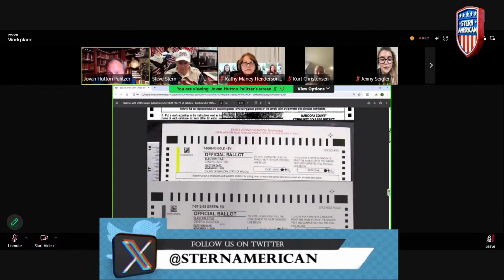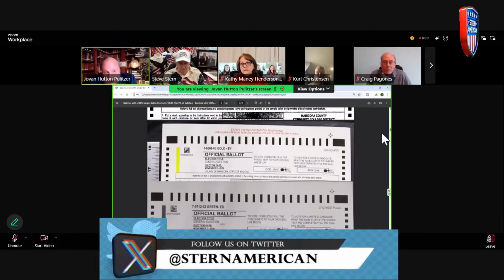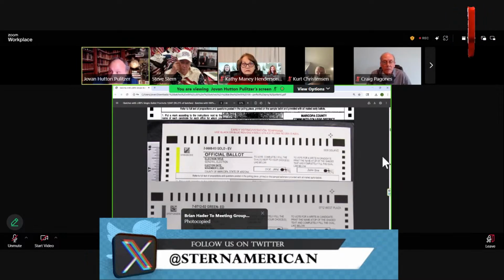Here's an example. Now, when you're looking at a ballot in color, you have more code. You see the red printing up there? That's a piece of code. You see that yellow bar on the left? That's a piece of code. Now, what do we know in the difference between these two ballots? Well, the one below it is a green. But why isn't that bar green? The reason that bar is not green is because when you walk in on election day, they print the ballot for you on print-on-demand machines. Those machines are black and white.